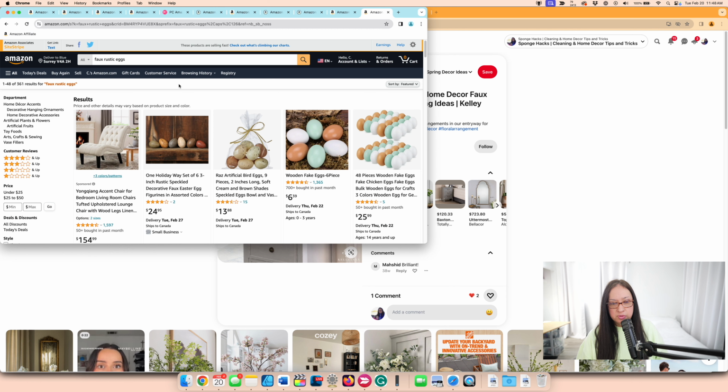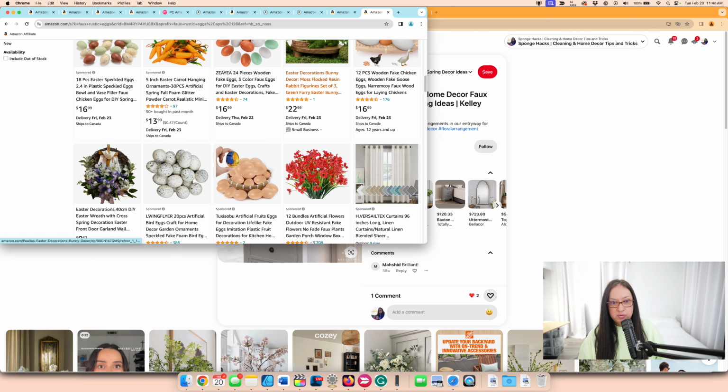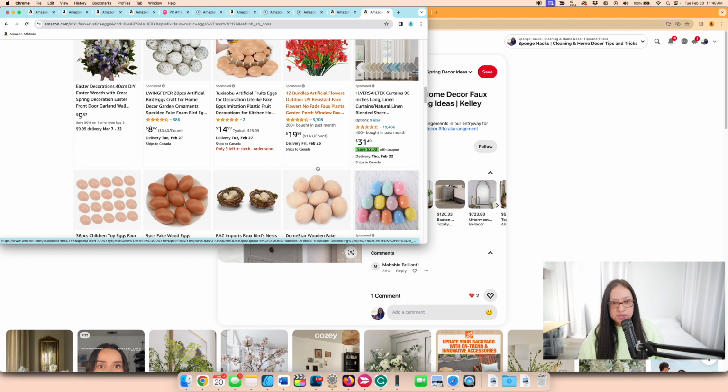Cooking eggs for this centerpiece. This one's not too bad. No, these ones are nice too. I'm finding one that looks more representative of what